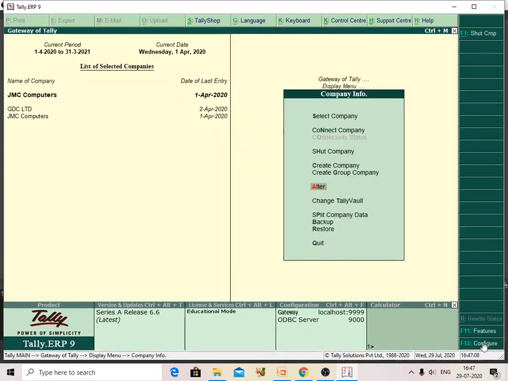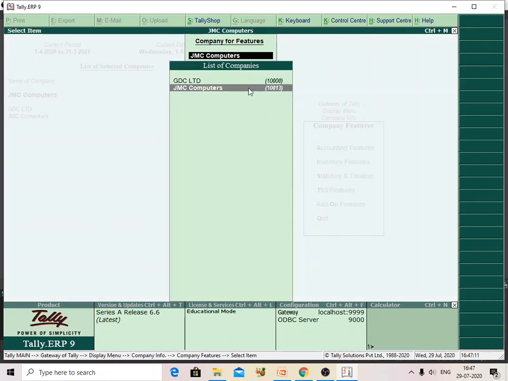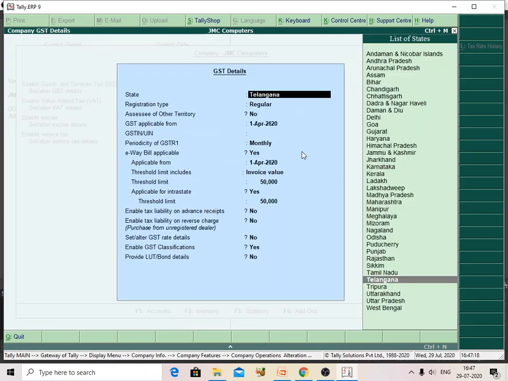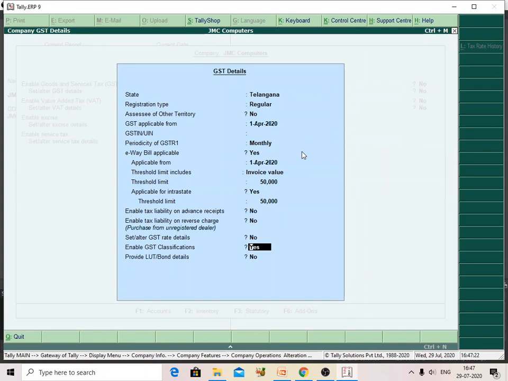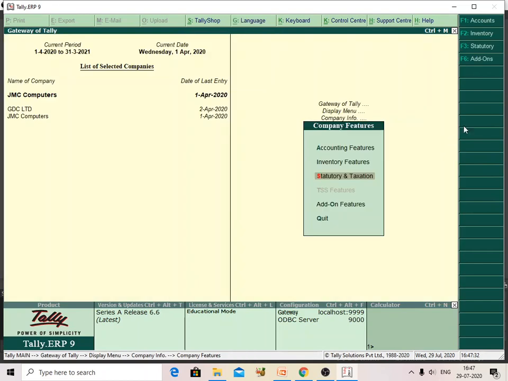After that, I am going to select statutory features here, JCM. Here I am reviewing the GST details are yes, earlier is also yes. Here the GST details are set to no, and classification is also no. See here, there is no classification at company level also. Now I will show you the transaction.